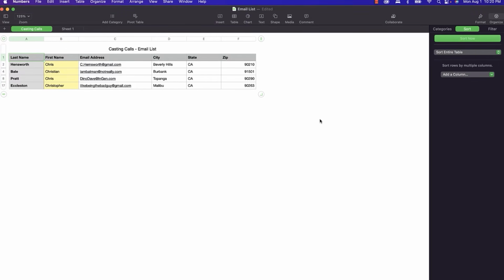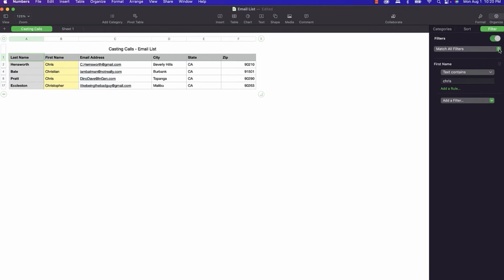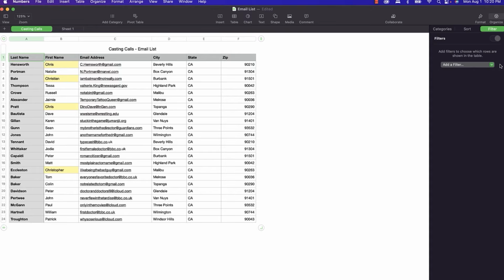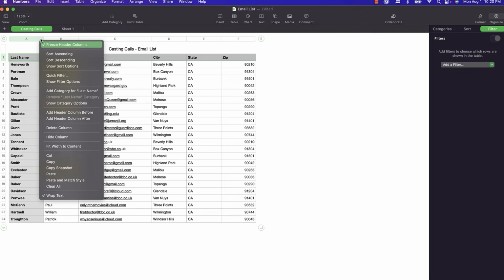Now let's sort those by last name. You know, as a matter of fact, let's just sort everyone. Let's delete that filter so that we can see what's going on here. And you can actually do this a couple of ways. You can click the arrow by the column or row that you want to sort by, in this case column A, and then you can go down to Sort Ascending, and it will assume that you want the whole table